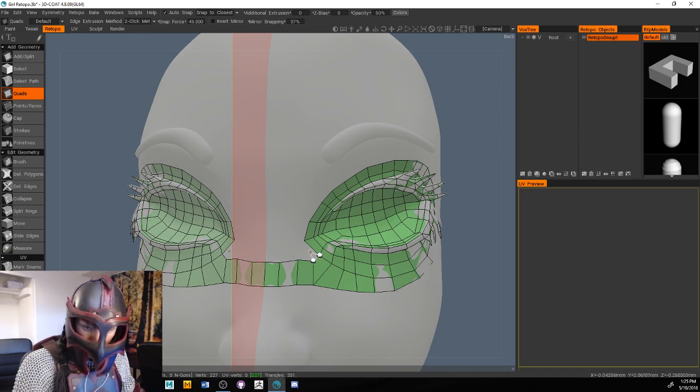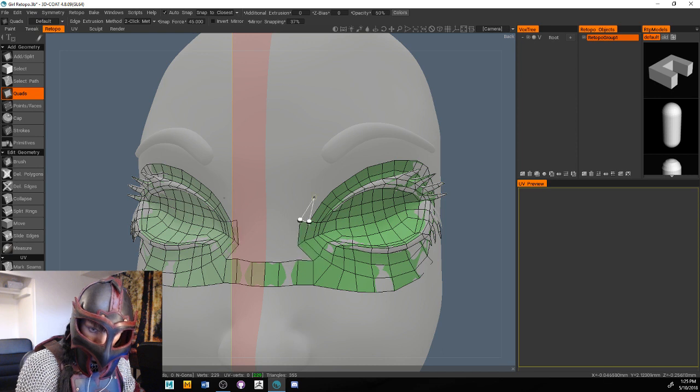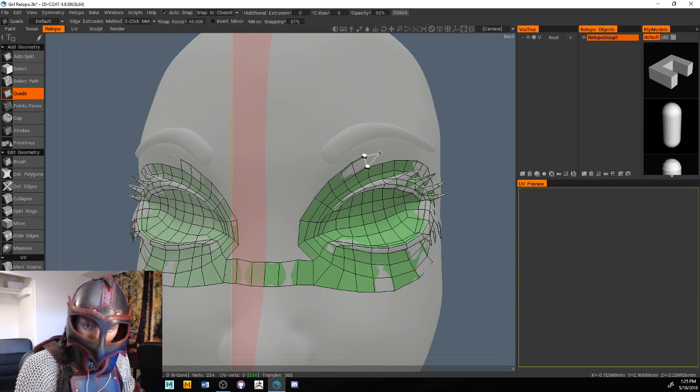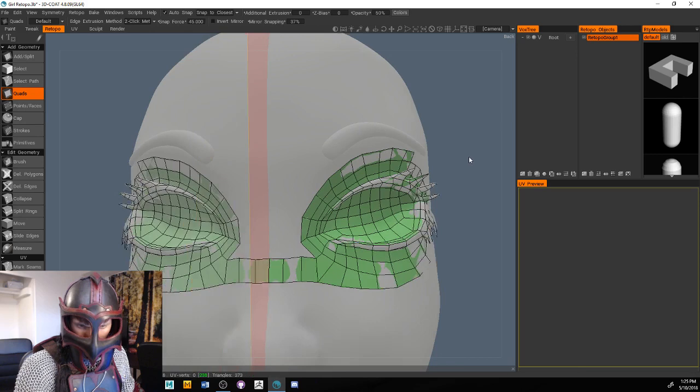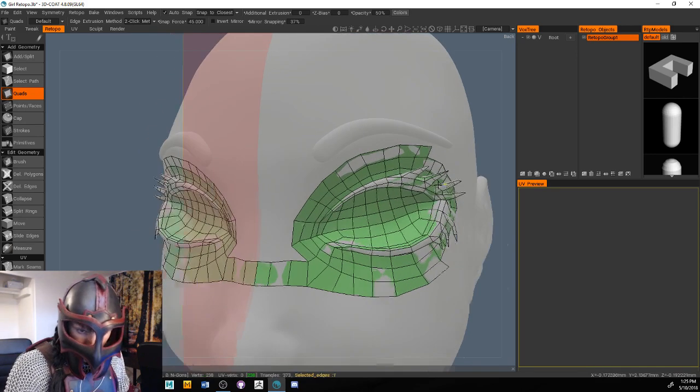Let's trim this. And see, I'm still going to be matching around this area. And if you're doing super low poly champions or characters, you don't necessarily care about doing this all the time. But